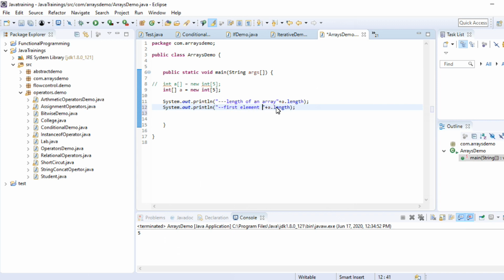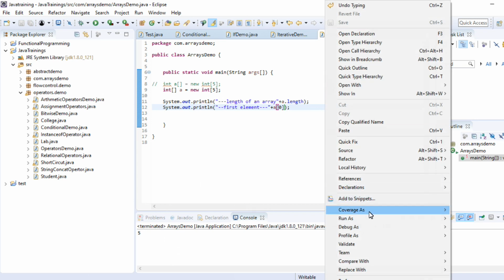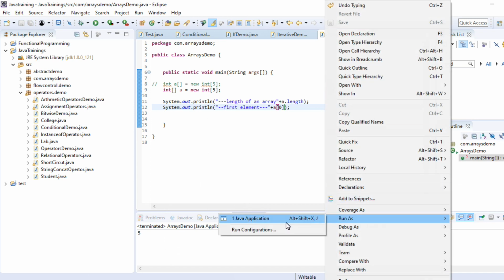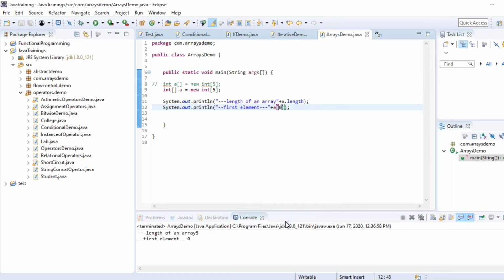What is the index? The index starts from 0, so the first index is 0. So I am taking a of 0. Now if I print, it will print 0. See, first element 0, length is 5.